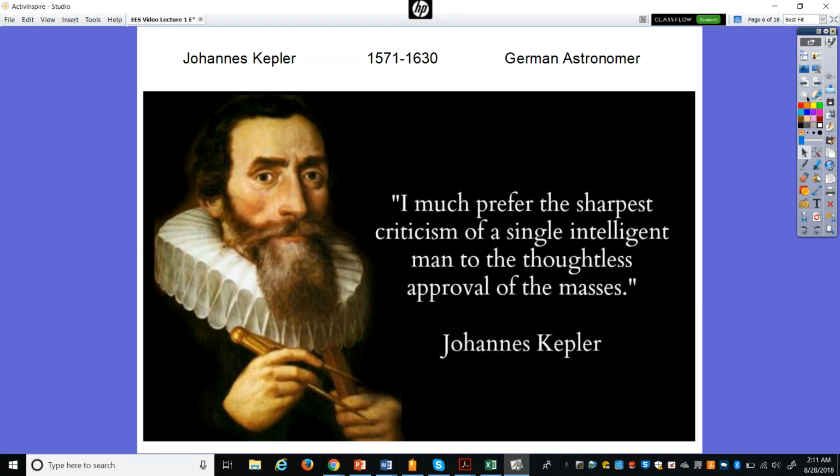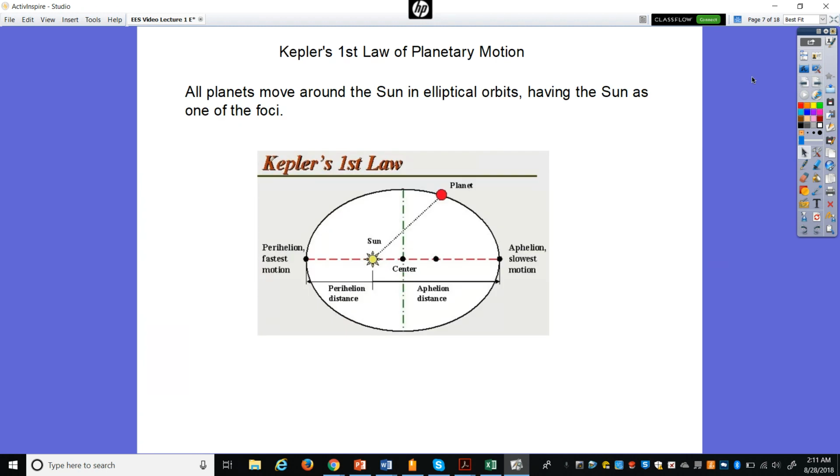Okay, so Johannes Kepler is responsible for Kepler's laws of planetary motion, and there are 3 of them. Our first law is that all planets move around the sun in elliptical orbits, and they have the sun as one of the foci. So no, the sun isn't in the center of our solar system.